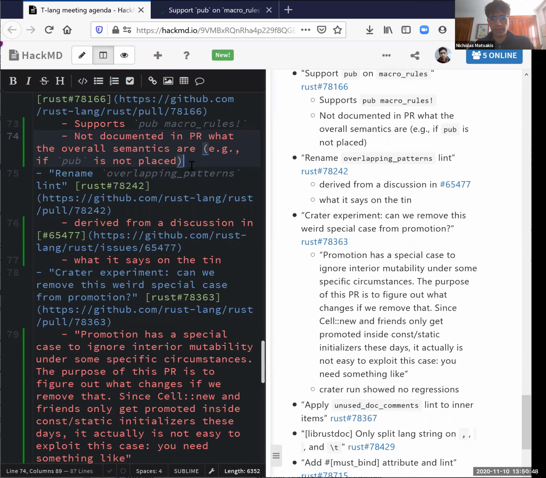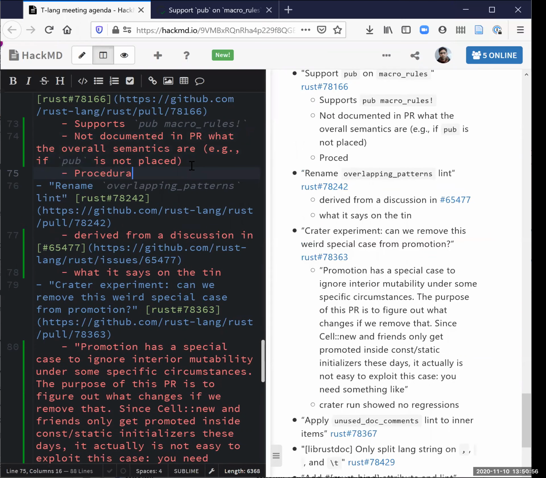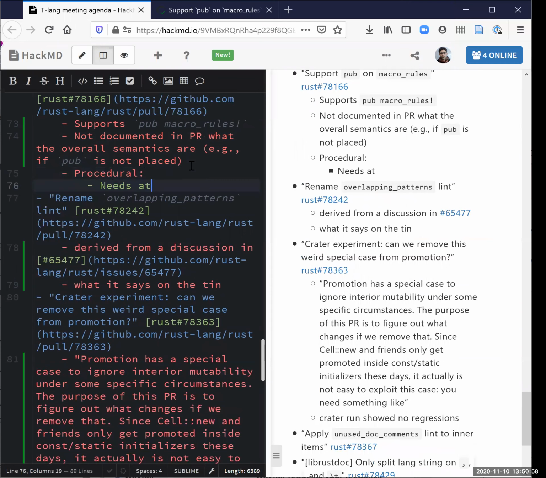And I guess I would ask if people feel it needs an RFC. I think so. I do think it needs at least a minimal spec, because if we're going to do this, it should probably be with a transition where things aren't pub unless they're pub. This should be an alternative to exporting a macro. You should also potentially be able to pub crate a macro. So we should have a coherent spec that says what's the preferred alternative. Right. But yeah, it seems reasonable. I'd love to see it happen.